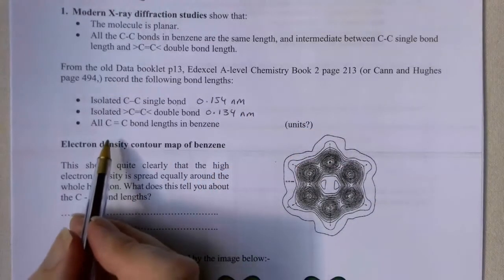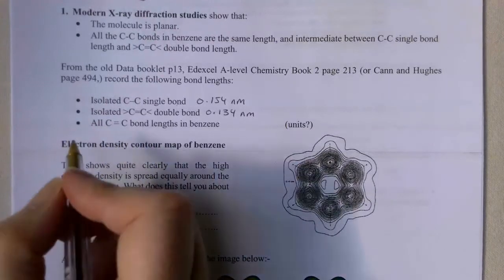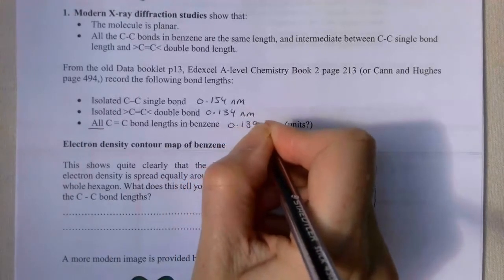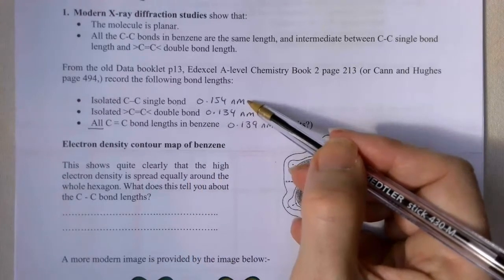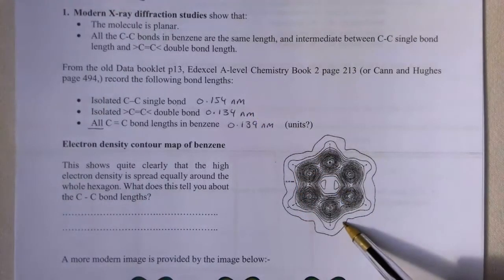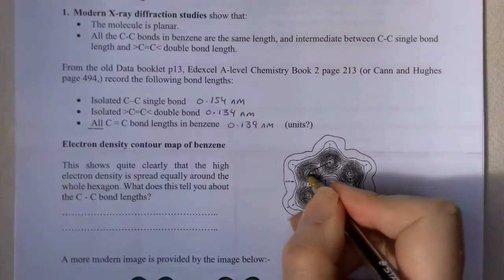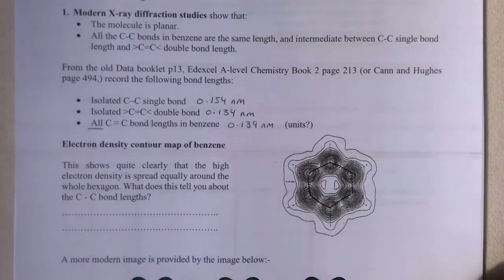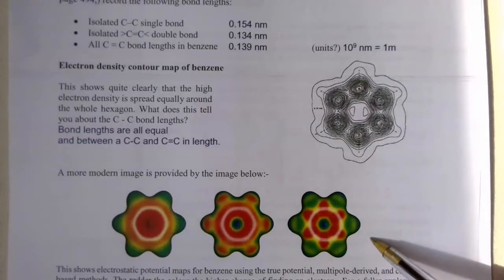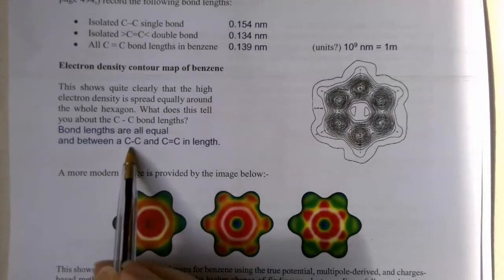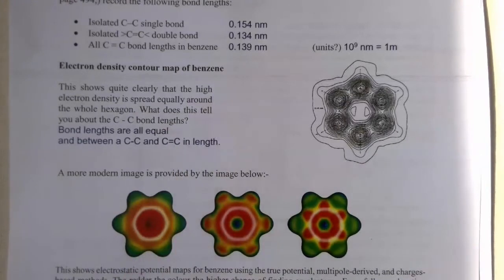But actually, when we measured the carbon bond lengths in benzene, they all had the same length. They were all 0.139 nanometers. In other words, they were all shorter than a single bond but longer than a double bond. And in fact, if you looked at the electron density map of benzene and you draw in the hexagon, you should be able to see that these bonds are all the same length. So a more modern image is here below, and you can see again that all the bond lengths are equal, and they're sort of in between a single bond and a double bond in length. And that was one of the first pieces of evidence that tells us that benzene does not have alternating single